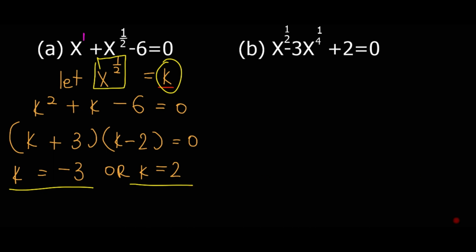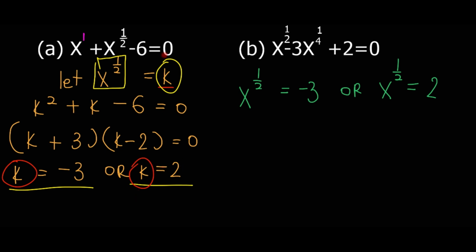So re la gore now ke na le x to the exponent half e lekana le negative 3 or x to the exponent half e lekana le positive 2, because this is k e lekana le negative 3 and then k e lekana le 2, and then remember mo re le k ya rena ke x to the exponent half. So mo ge ke rile x to the exponent half e lekana le 2, re la gore now because ke nyaka go